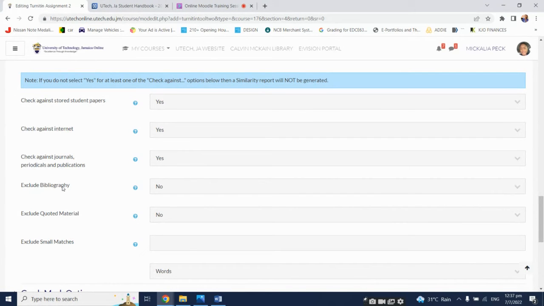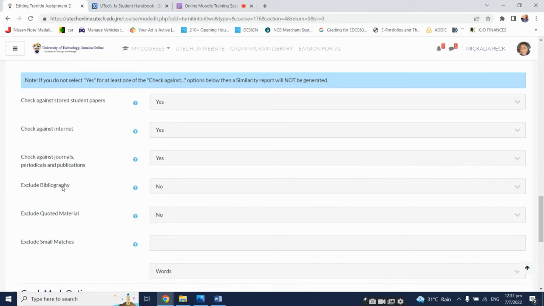Do you want to exclude quoted material from being checked? So it's important for the system to highlight how much quoted material is being used and how much original material is being used. Quoted material has to do with probably a citation that is being made in the student's work. It's surrounded by double quotes. So it's basically them using somebody else's work, but of course making a reference for it. Or it doesn't have to be in double quotes. It could be anything that is indented to the right that the